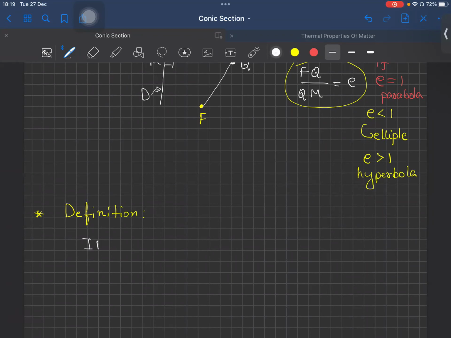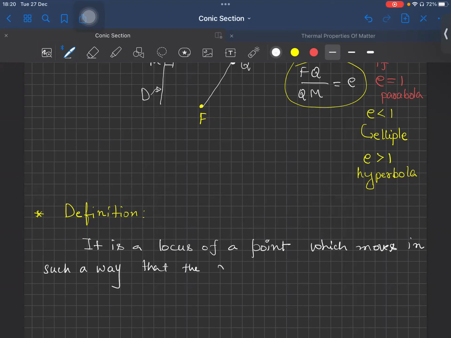It's the locus of a point which moves in such a way that the ratio of its distance from a fixed point, which is called focus, from a fixed point and